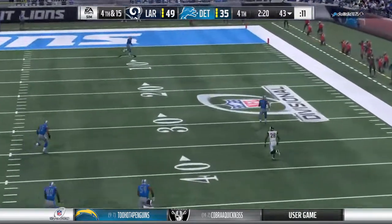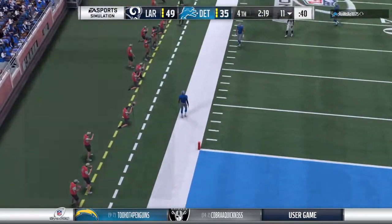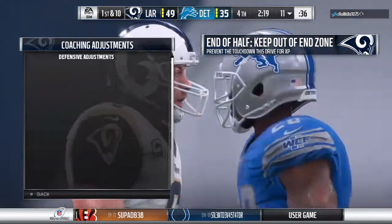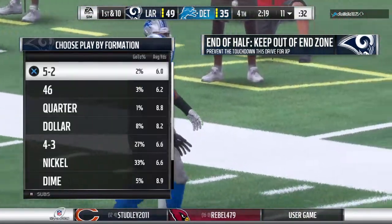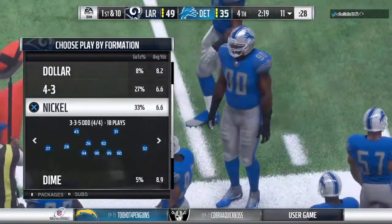He gets this one away, and boy, it's another boomer. And this will be out of bounds. Now it's a question of where they'll mark it. And they'll say it crosses at the 11-yard line. Here's the Lion offense now as they get ready to take over. And that recipe on their last drive that resulted in a touchdown looked pretty good, so they'll be hoping to